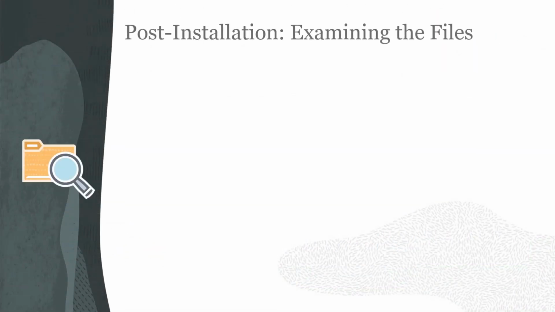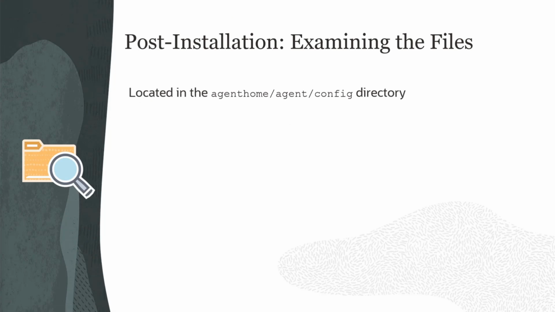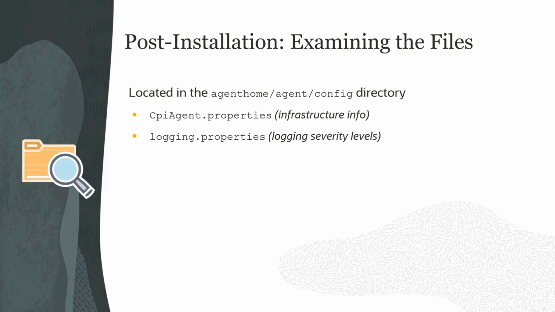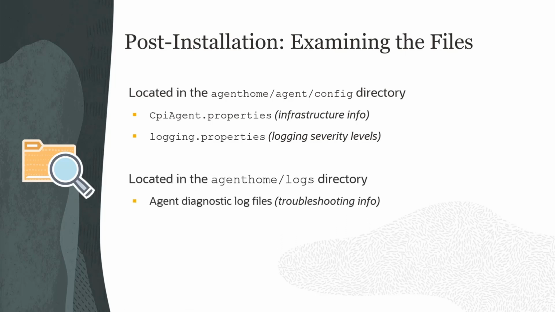After you've started the agent, you can inspect several files. The agent's configuration file contains information about connecting to OIC and the agent's infrastructure, and the logger configuration file allows you to configure logging severity levels and limits. And located in the logs subdirectory are several agent diagnostic log files you can examine when you need to troubleshoot